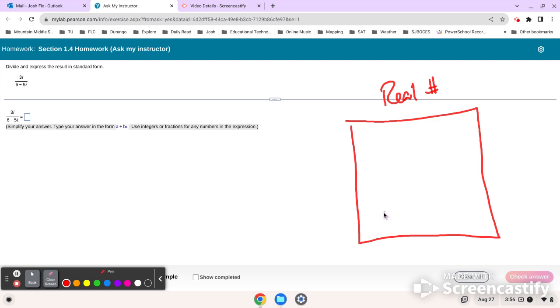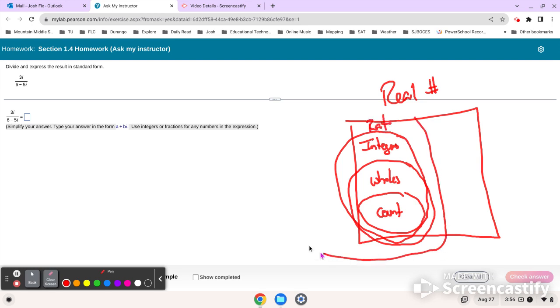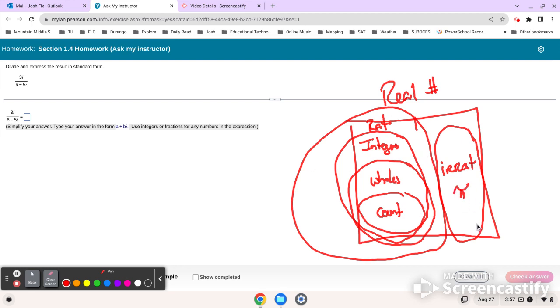And in the real numbers, you started off with your counting numbers. Then you had your whole numbers, then your integers, and then your rational numbers. I'm just going to write "rat numbers." Those are kind of like their own circle. And then this other little space inside the world of real numbers is called irrational numbers. That's still not what we really have. We have imaginary numbers, but these are the numbers we've been working with. The famous irrational number is pi.